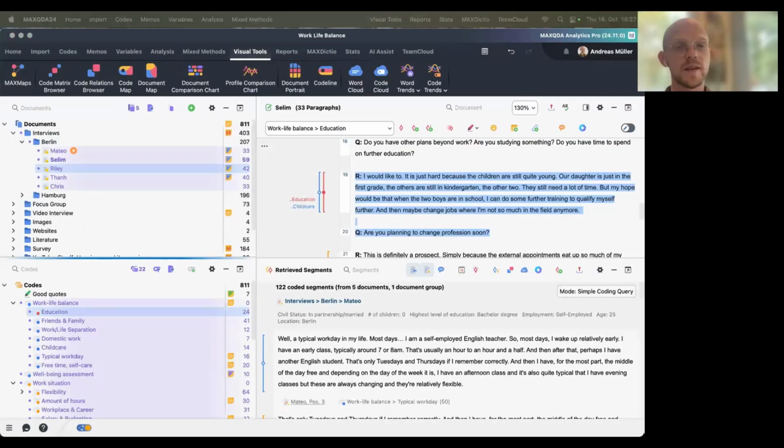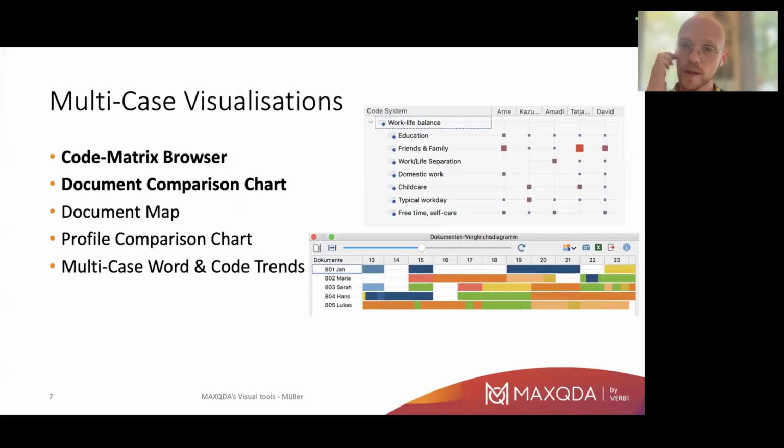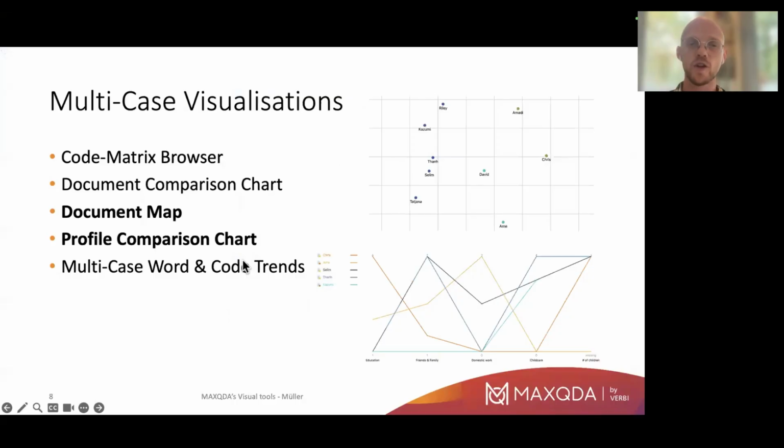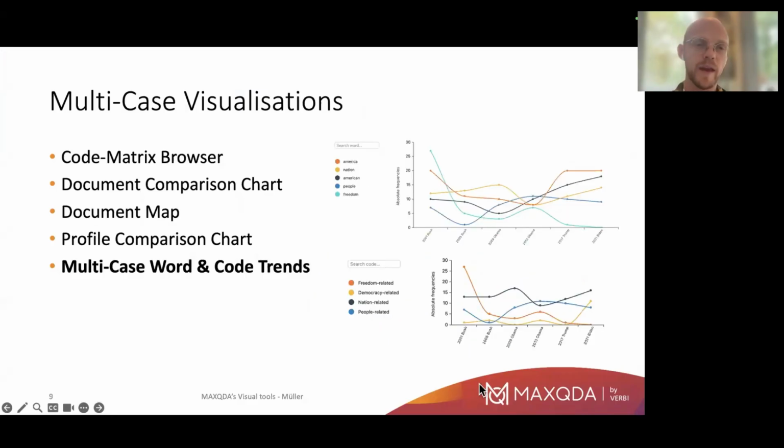Yeah, those are my two favorite multi-case visualizations. You have more tools in that direction. For example, the document map is sort of a cluster analysis, and it clusters documents on how similar they are. So if you want to build a typology, the document map is really interesting. And then we have the profile comparison chart and multi-case word and code trends. I'm not the biggest fan of those, but they still give you